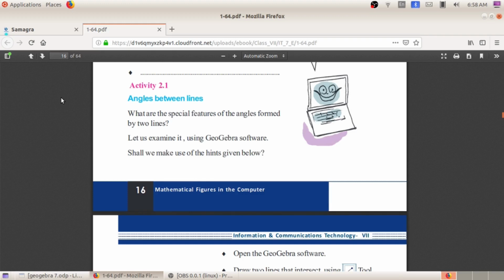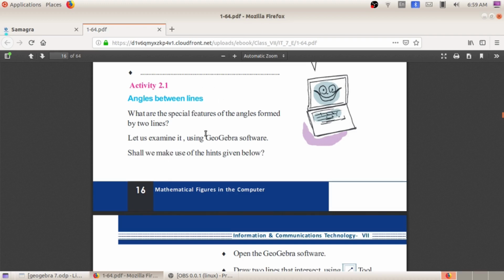The activity name is angles between lines. Before starting this activity, you already know, dear students, how to open GeoGebra application. So we will start with that and we will discuss this activity.